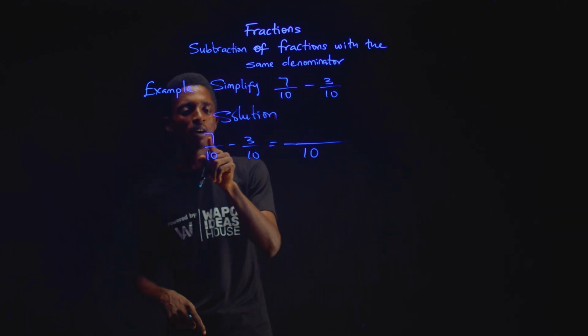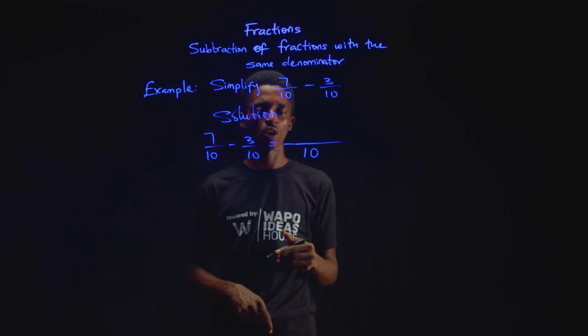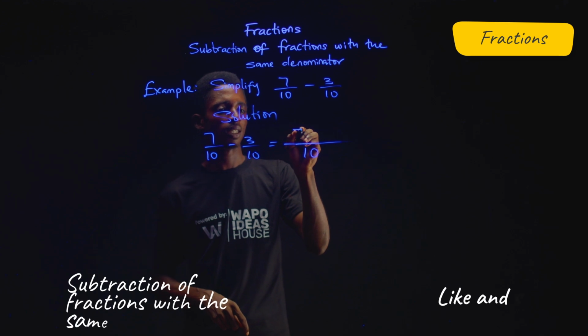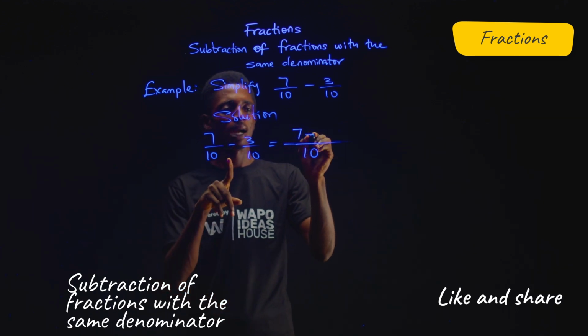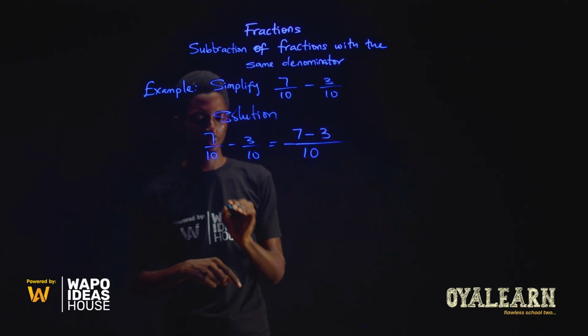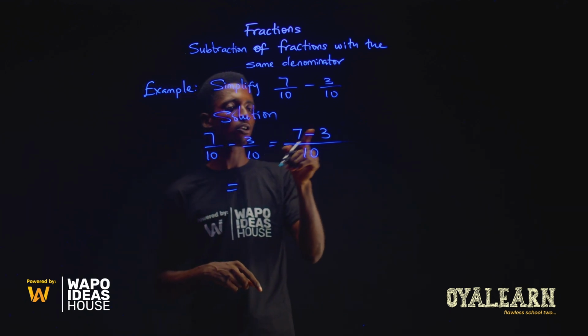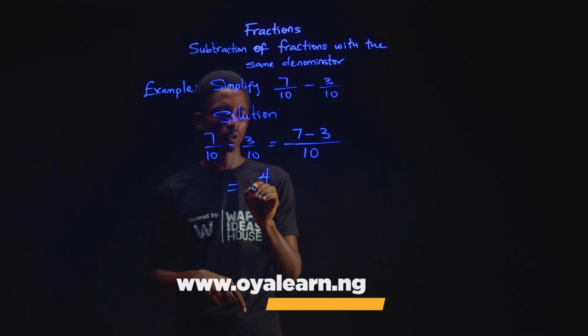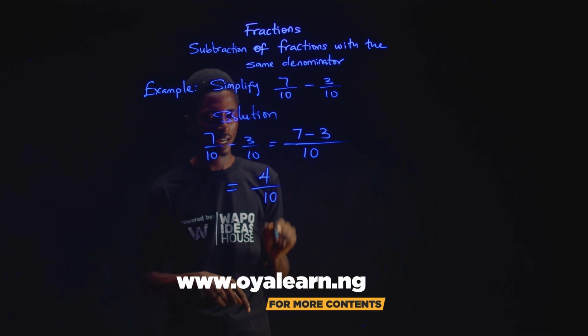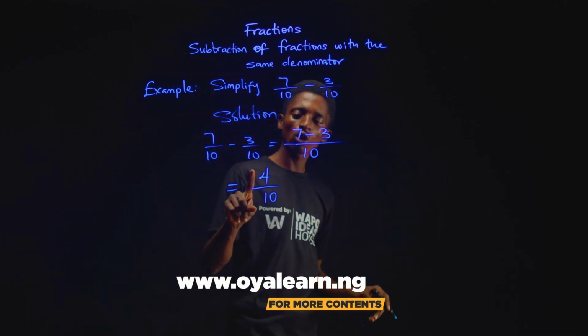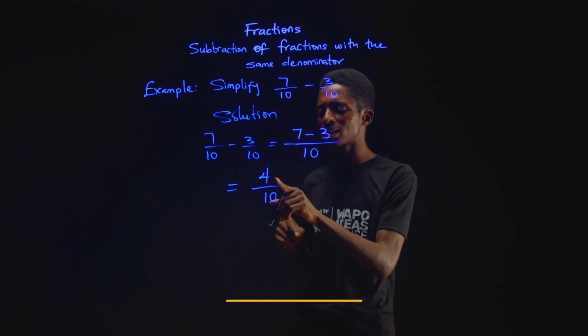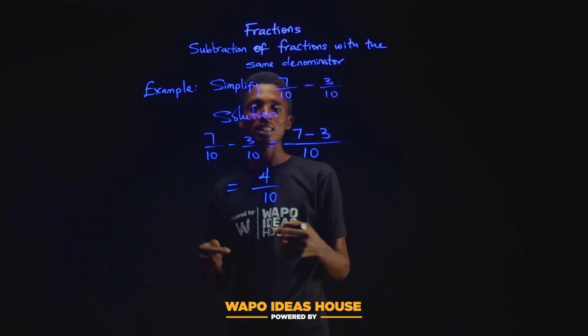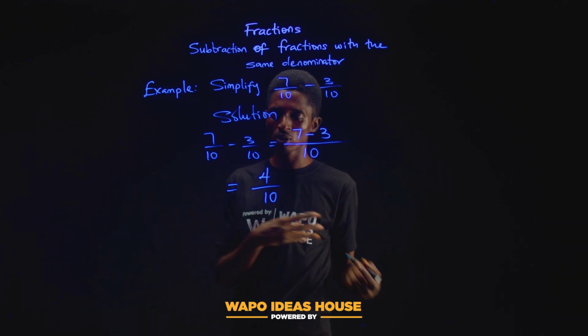Next thing you do is to perform the arithmetic subtraction of the numerators. Here we have 7 minus 3. Now when you perform 7 minus 3, you end up with 4/10. When you consider this answer here, you see that we can still break this to its least possible term,